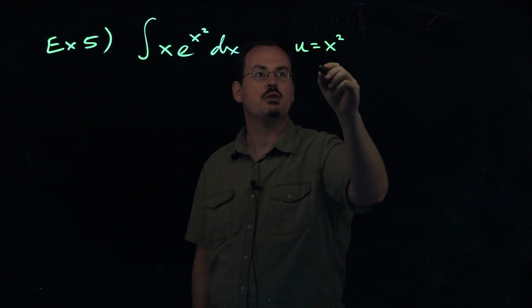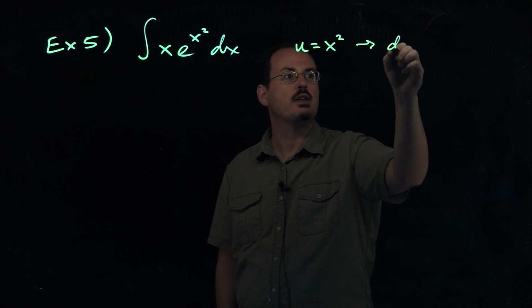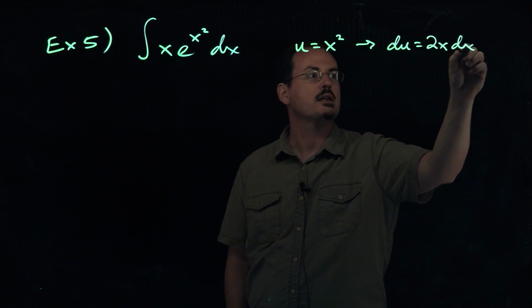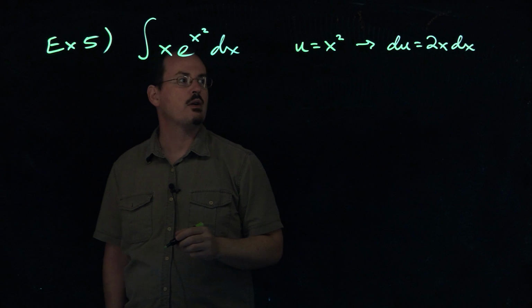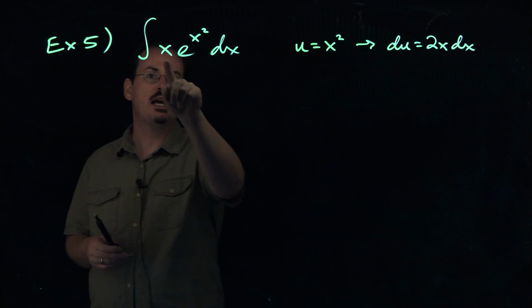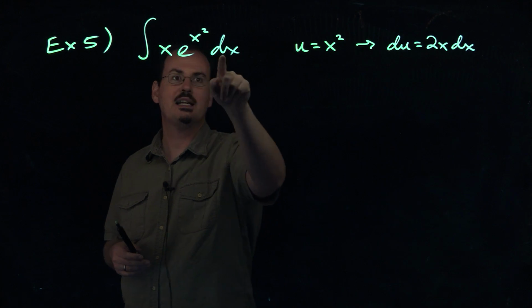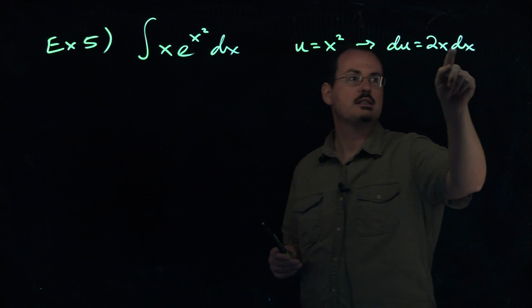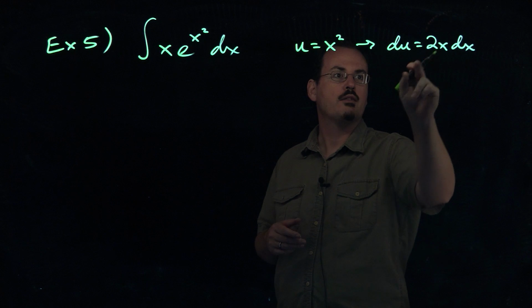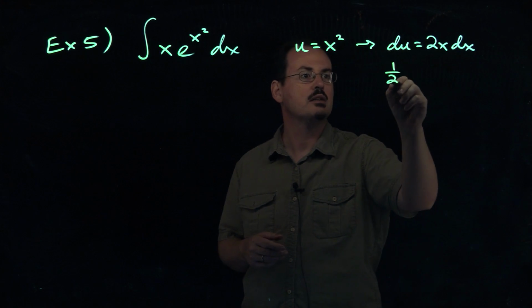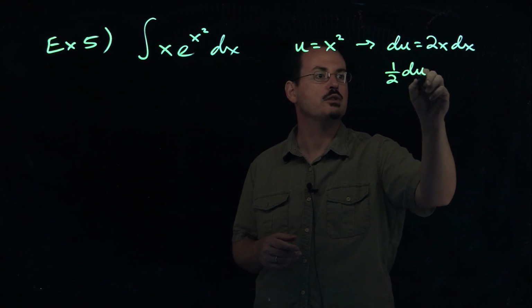And then, as we always do, we take the derivative of that. du, in this case, is 2x dx. Okay? So now I notice over here what I've got is x dx. I've taken care of this part of it, the e to the power of x squared. I still have an x dx, though. Here's the x dx that's going to take care of that. I've got an extra 2 there. I don't need it, so I'm going to divide both sides by 2 and get 1/2 du